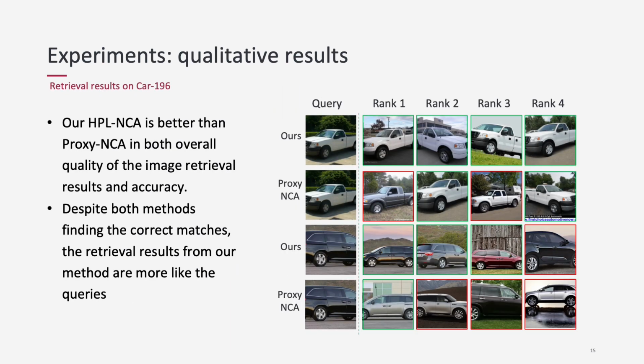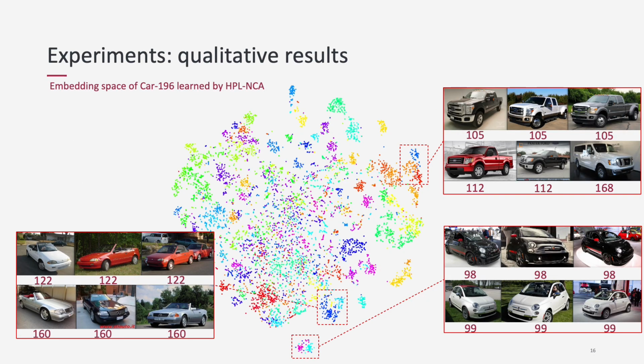Here we visualize some image retrieval results, where the red box indicates a false positive. It is obvious that our hierarchical proxy loss is better than traditional proxy NCA in both accuracy and the overall quality of the image retrieval results. In this slide, we visualize the learned embedding space using t-SNE. As highlighted in the red boxes, our method tends to group similar categories into a larger cluster while still remaining